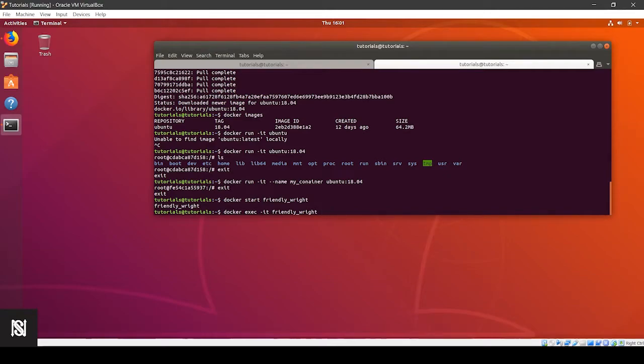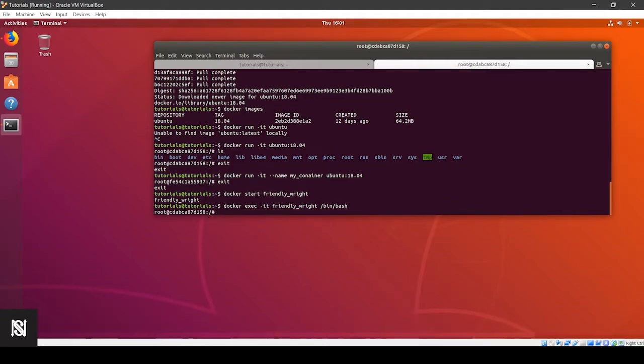So whenever I do a docker exec -it and I press F, it will automatically complete friendly_wright. But if I do it for a stopped container, it won't, because it knows that you cannot execute a command in a stopped container. So that is a very good feature. And then what I want to execute is /bin/bash. So when I do this, it starts the terminal again.